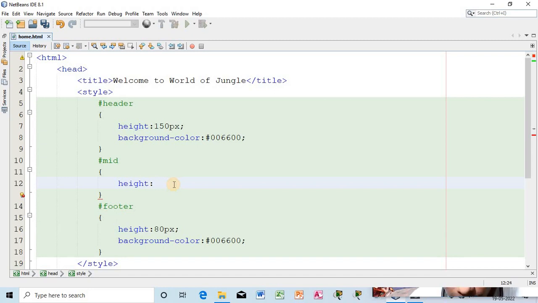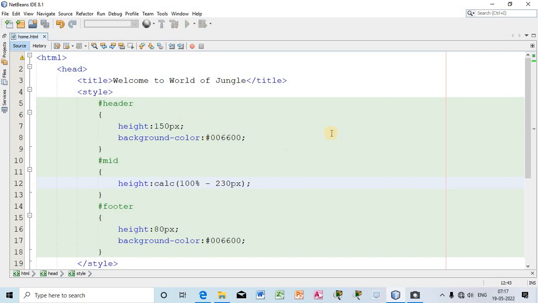So here I will use the calc method because I will take the height 100% minus 230px, right? Now let us see how it looks. Now this is how it will look. You can see the header portion, the mid section and the footer, right? Now just right here,